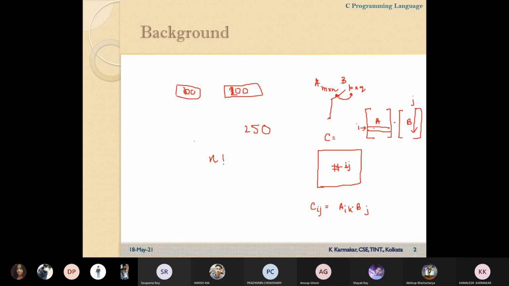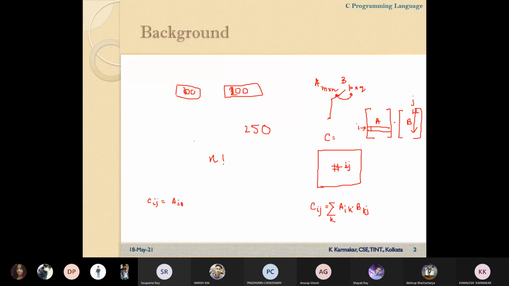If k equals 1, Ai1 will be multiplied with the first element B1j, so it will be Bkj. If we multiply it and calculate the sum over k, then we will get the result.